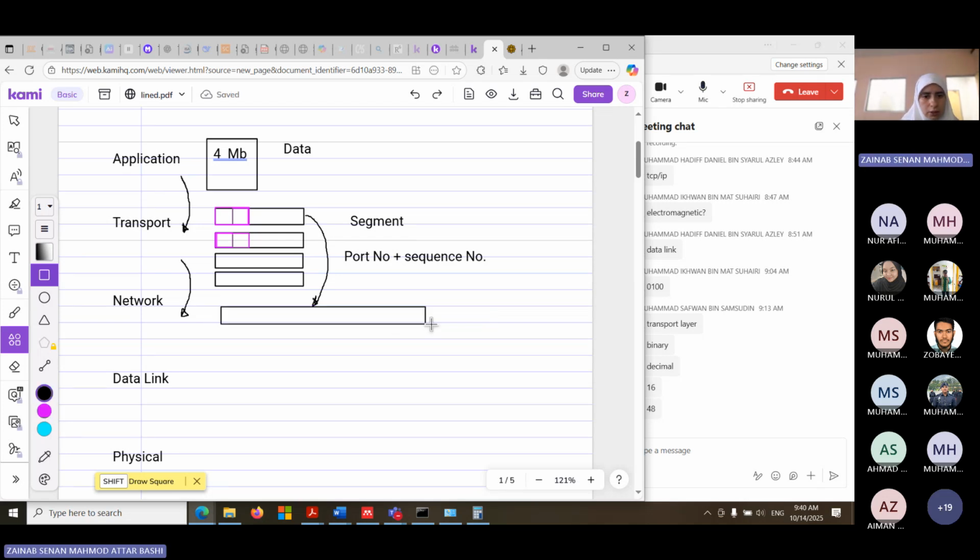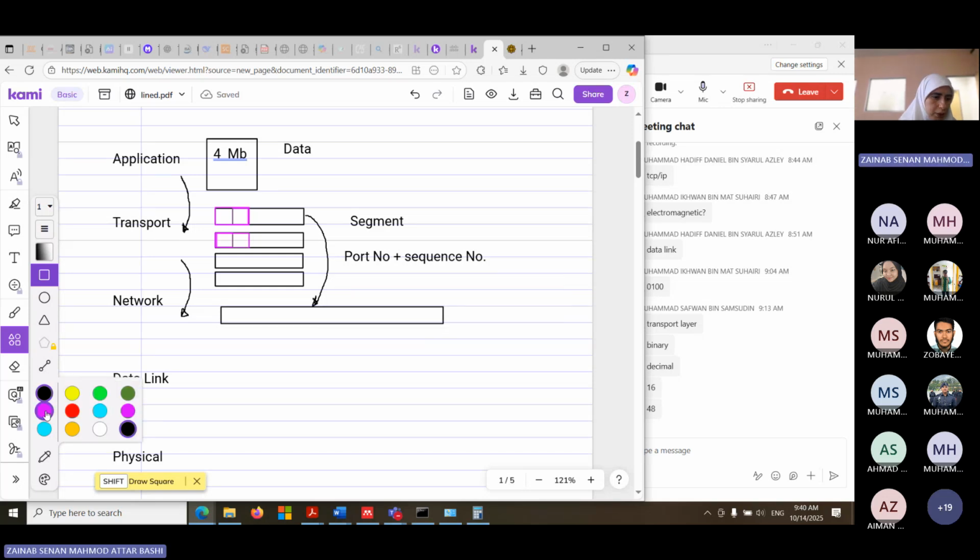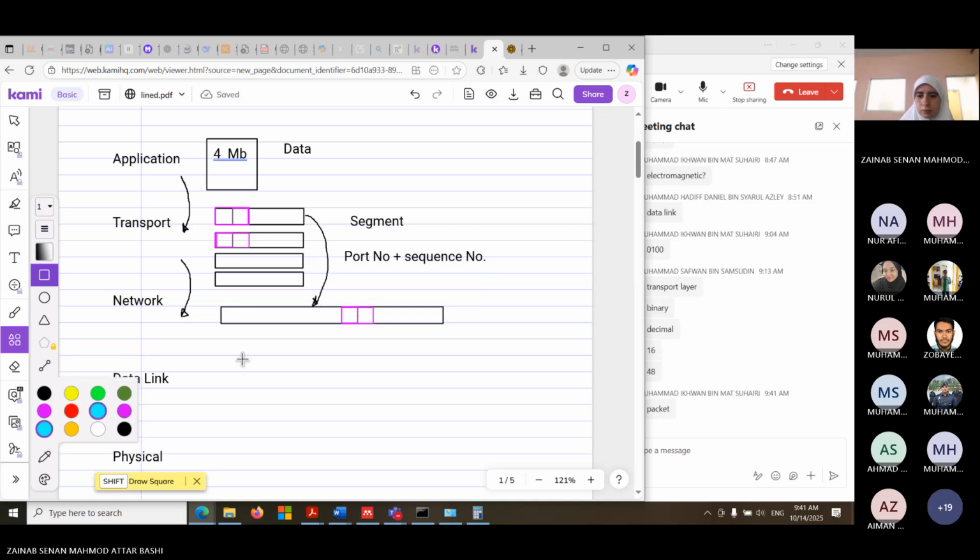Okay, so this is our piece of data, or the segment we got. Now we don't call it segment anymore. What do we call it in this layer? Yeah, we call it packet.